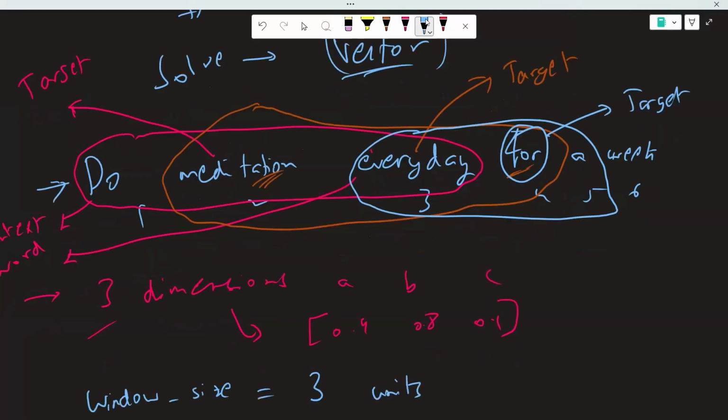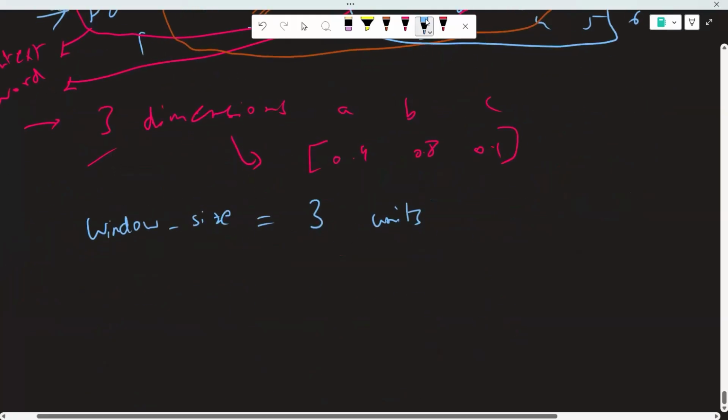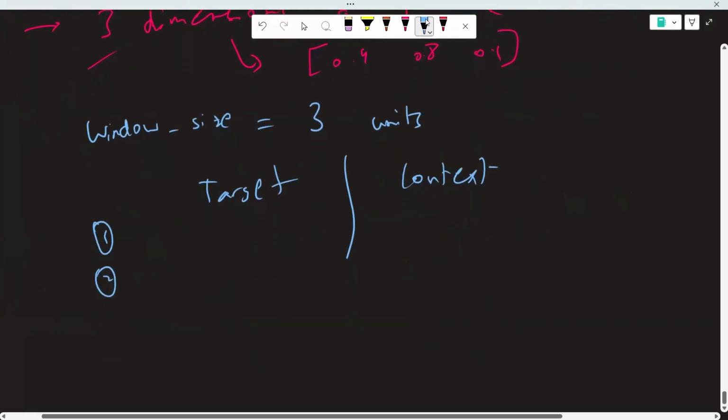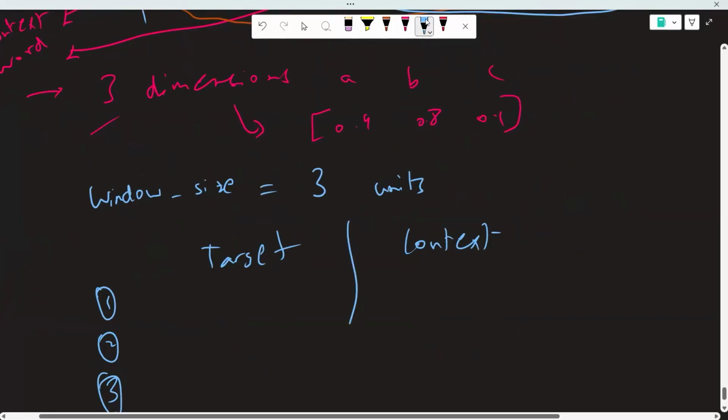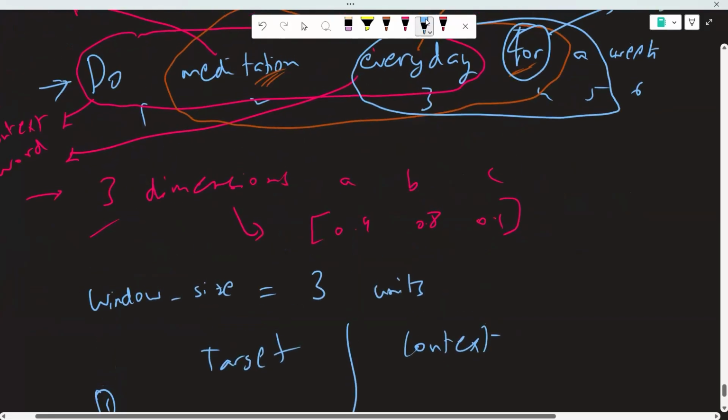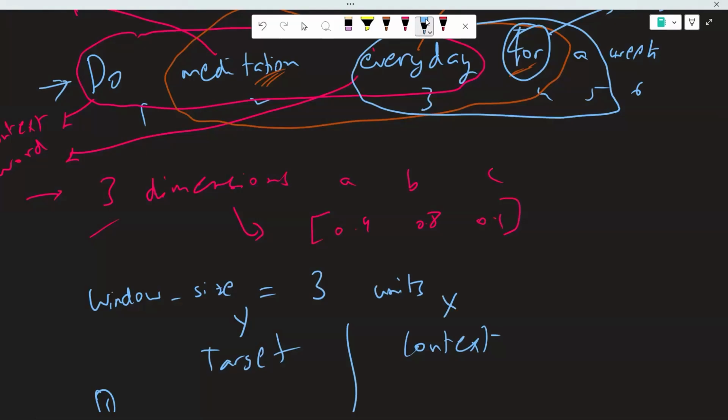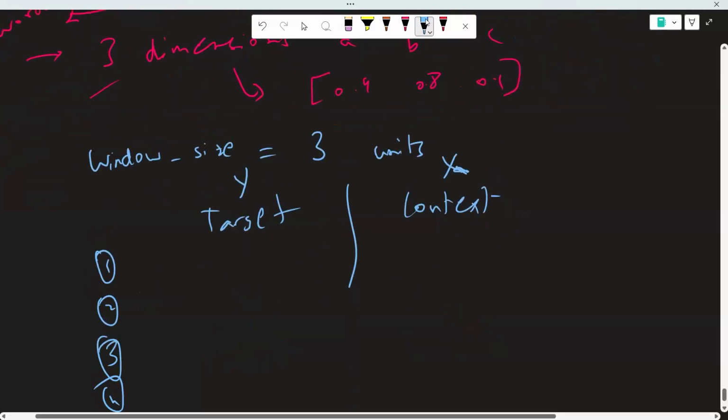So you are defining a window size. Using that window size, you are moving ahead and getting the target word and the context words every time. So let's say the first iteration, second iteration, third iteration, and so on. You'll keep storing what is the target and what is the context. Basically, you will be defining target, which is your y variable, and context, which is your x variable. So now we are going to frame this as a machine learning problem. You have y and you have x.